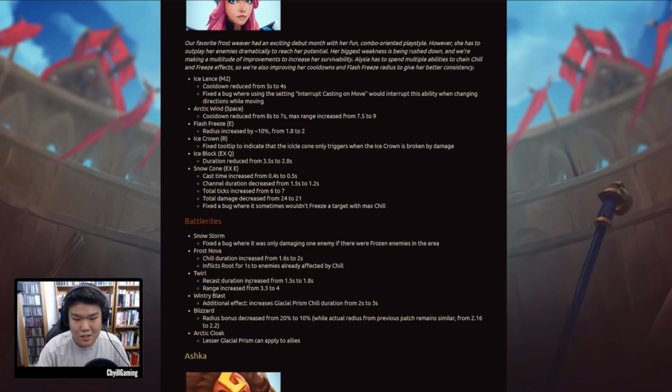Her Twirl recast duration has been increased from 1.5 seconds to 1.8 seconds, and the range has been increased from 3.3 to 4. So Twirl is this Battlerite which you can get, which lets you have that little extra jump at the end. So they made it a lot more user-friendly for that second jump. So you can jump a little further and you can wait a little longer before you make that second jump, which should again